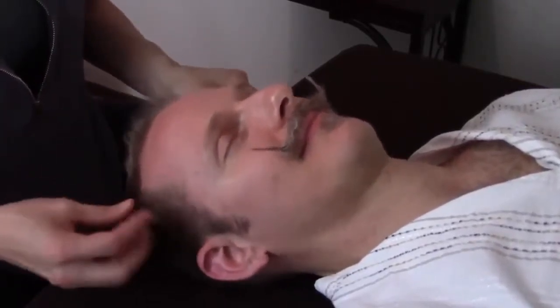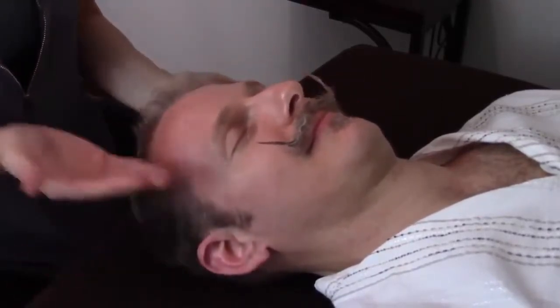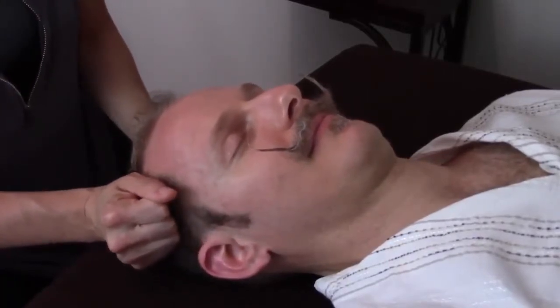We got a nice big deep breath in from Heath. Makes me want to take a deep breath in too. And then we can do some upward flicking. So we're going to flick up, open palm to the sky, and then go on up from the back of the head to the front. I'm going to even trace his sideburns a little bit. And we'll do like 3 passes here. I think that's 3. Nice. Then we'll get close to the head, grab as much tissue or hair as you can, and then begin